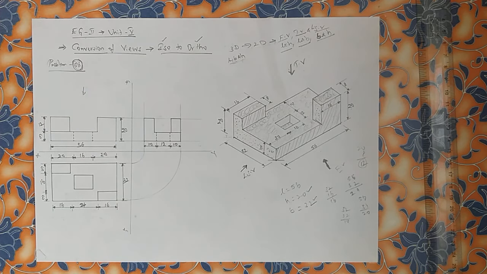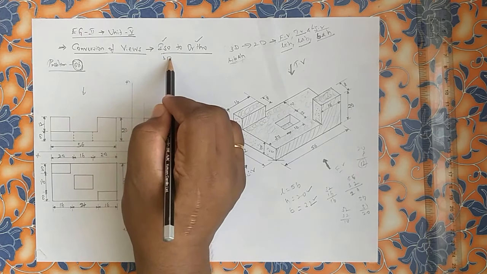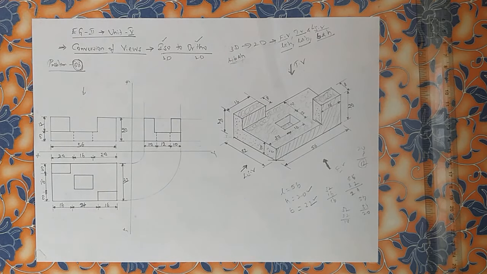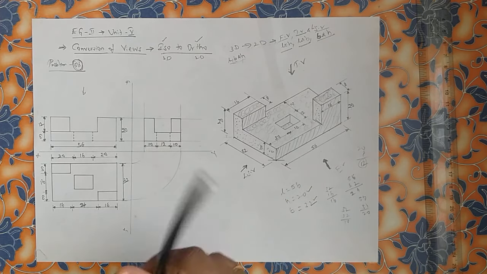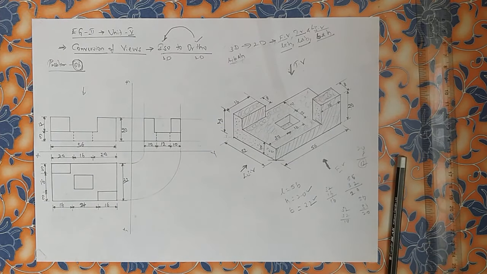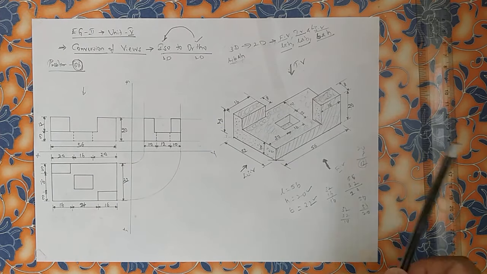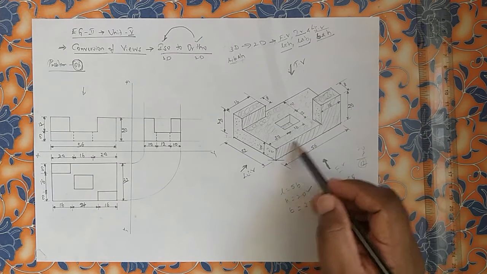So I hope you all understand the conversions of views from ISO to ortho, 3D to 2D. Mostly 6 problems we have done. Remaining, please go to the previous question papers, try to collect the 3-dimensional figures and practice yourself. Next we will go for next topic of our next unit, which is conversion of views of ortho to ISO. Hope you all understand. Right, clearly once I am telling front view, top view, side view. I think I have covered almost all everything.